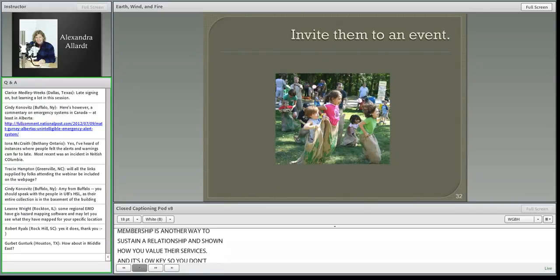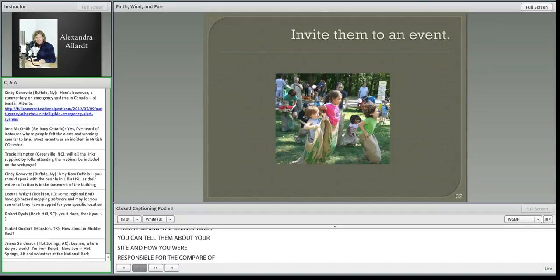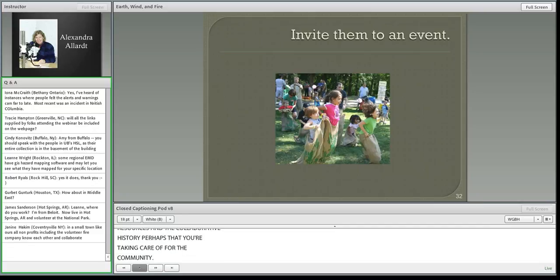You can tell them about your site and how you are responsible for the care of many irreplaceable cultural resources and the collaborative history, perhaps, that you're taking care of for the community. Maybe if you're a historic site, you can reiterate that what you have are important icons for the community identity, and saving them in the face of a disaster is an important morale booster. And this was a lesson learned by FEMA after Katrina, because the cultural resources were not on their